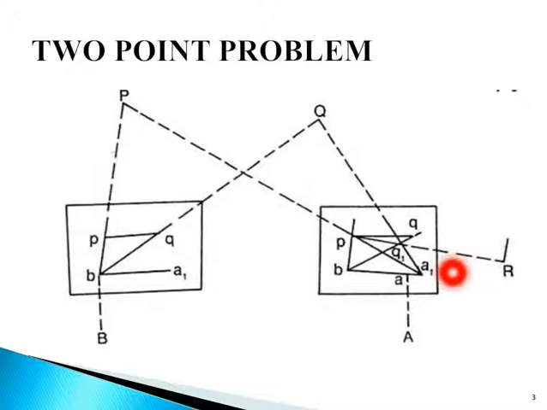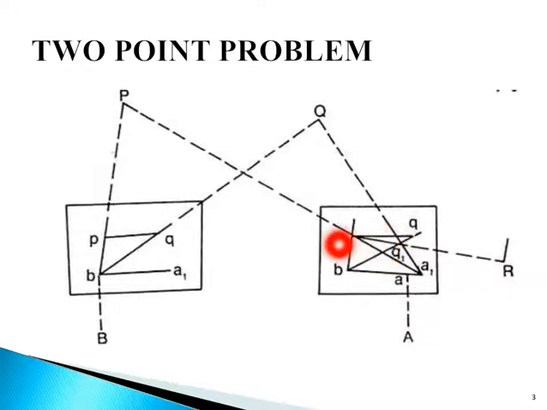Suppose this ray intersects the ray bq, the ray already drawn, at a point small q1. When they intersect, it is termed small q1. So this area, the triangle p q and q1,